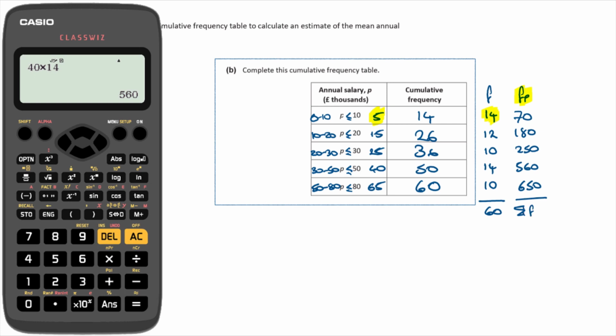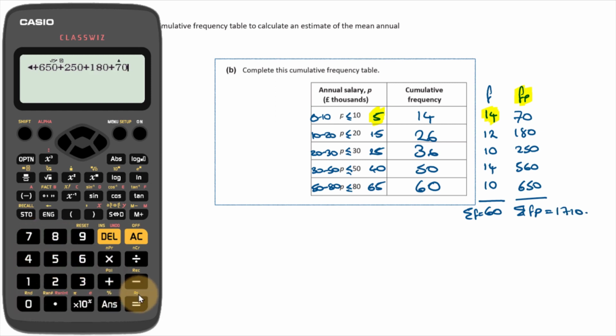This is going to be sigma FP. This is sigma F. Sigma F is 60. Sigma FP then is going to be those numbers added together. So 560 plus 650 plus 250 plus 180 plus 70. So that all adds up to